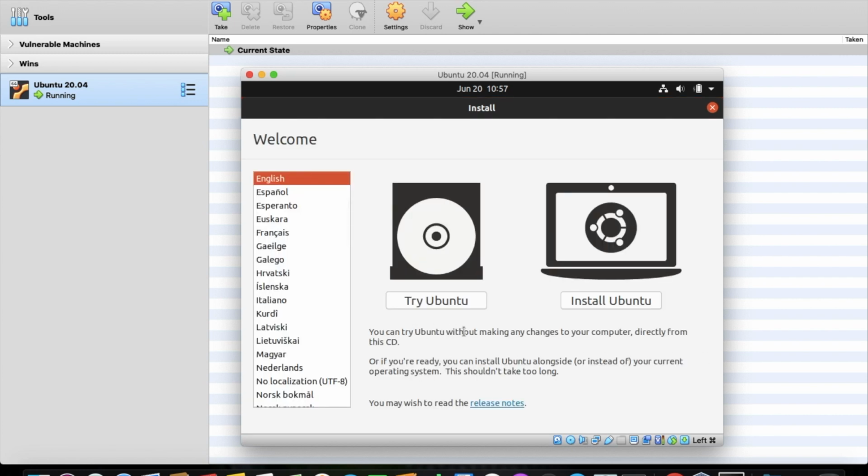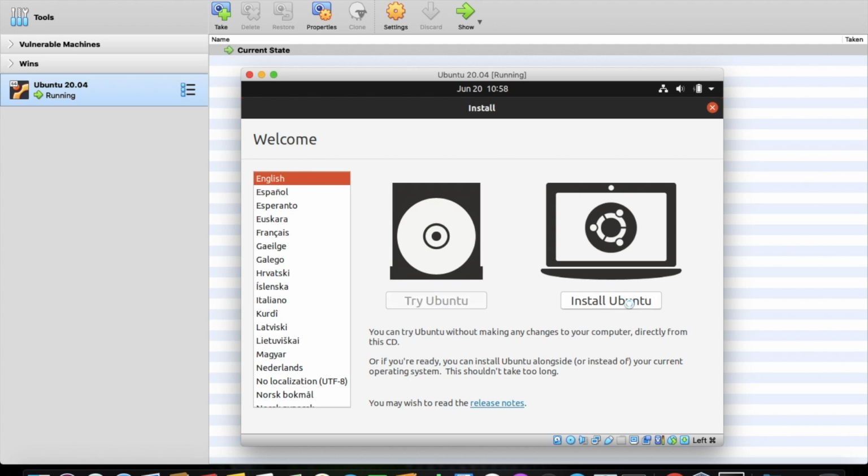One is try Ubuntu, another is install Ubuntu. The basic difference is, suppose you want to check some features and test out Ubuntu for a small period, you can try Ubuntu without installing it in this VM. Another is you boot it up and all the software and files will be installed in your Ubuntu, so whenever you want to restart it, you can start from where you left off last time. So we will install Ubuntu in this VM.